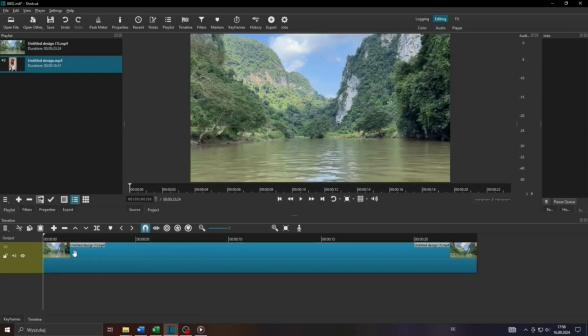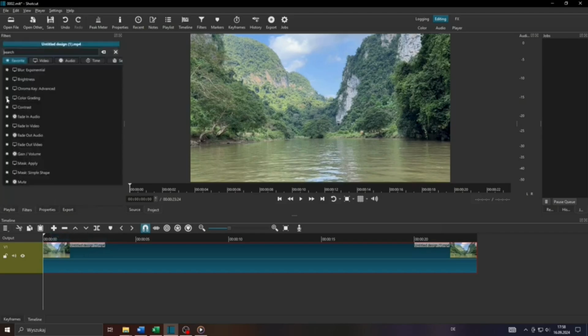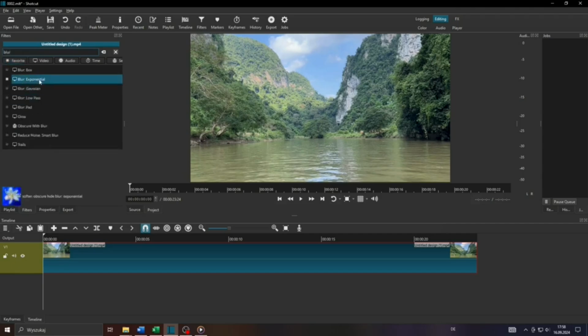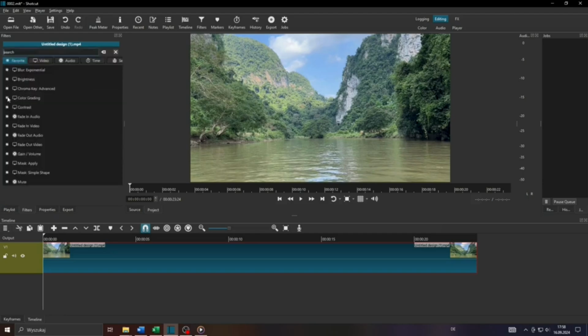First, select your background video and place it on your timeline here below on that video track, just like that. After that, left click on it and head over to this section here, filters, click on that plus icon, and here in the search bar, search for a blur effect called Blur Exponential. That one here, click on it to apply it, and after that click on that plus icon again and search